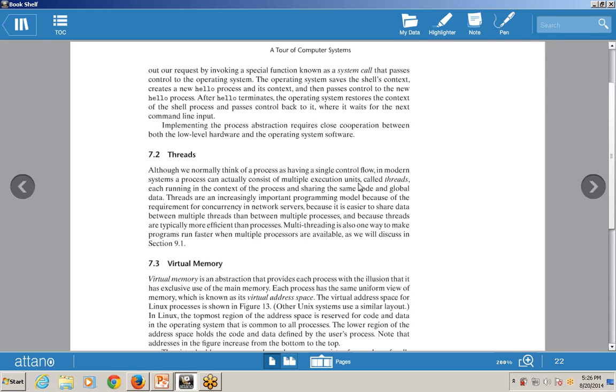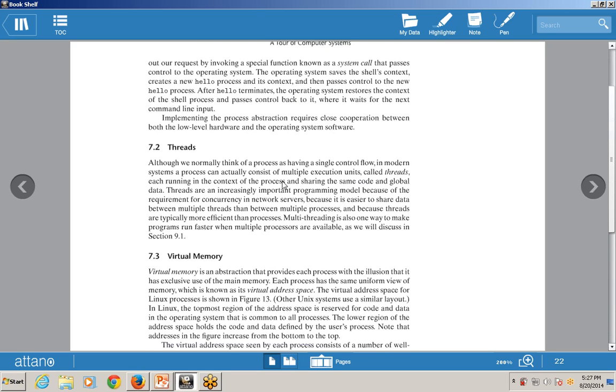Then we also talked about what is virtual memory. Virtual memory is nothing but a memory that is in addition to the main memory. Suppose my data does not fit into the main memory. So I can use the virtual memory so that my data can be retained and stored, and no other user can access it without the permission of the owner. That means in addition to the main memory, we can use the virtual memory.